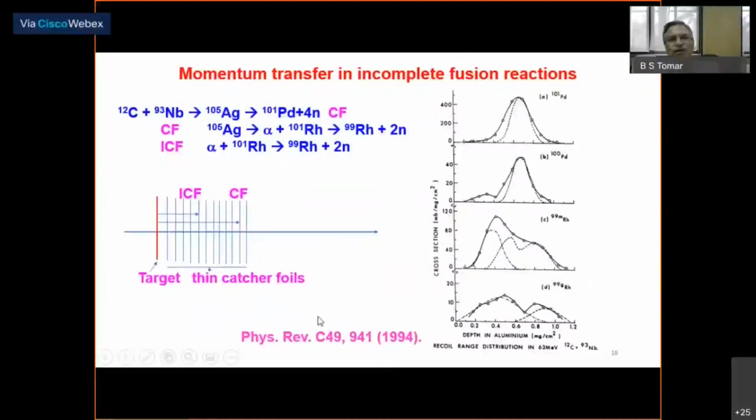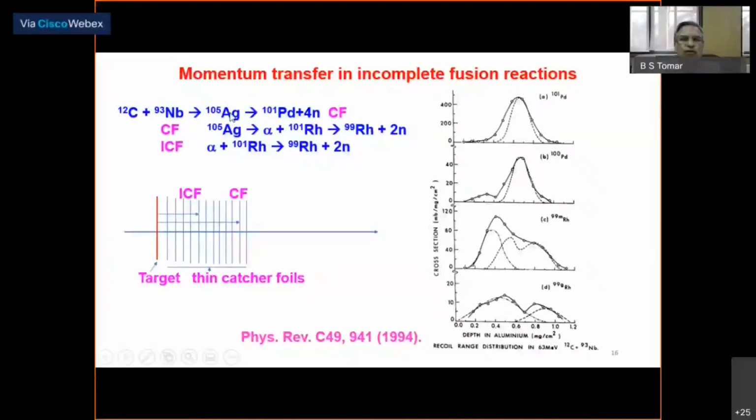Just to give an example of these heavy ion reactions, this is something in which I did some experiments in the 1990s. That is the incomplete fusion reaction. Why is it called incomplete? Because the projectile does not fuse with the target completely. Incomplete fusion is also characterized by incomplete momentum transfer. So I thought I would show you how an elegant experiment can be planned using this reaction. What I am showing here is a reaction bombarding niobium-93 with carbon,